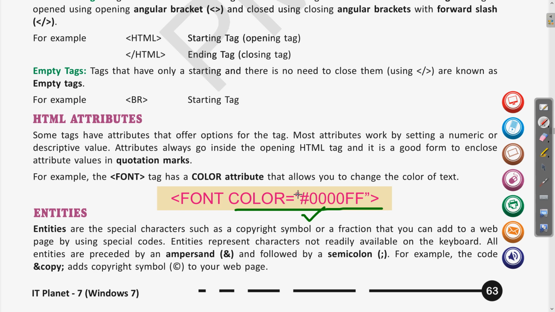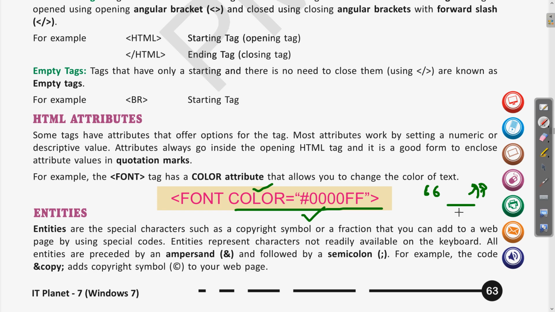You can notice that here color is an attribute, and the value written for this color has some hexadecimal coding. We will see later in the coming chapter that these values are color codes. These values are required to be written in double quotes. Clear? In the same way, if you have to write the name of the font and then the size of the font, these will have some values. These values will be either a numeric value or a text value, written in double inverted commas, that is double quotes, the quotation marks. I hope this is clear.